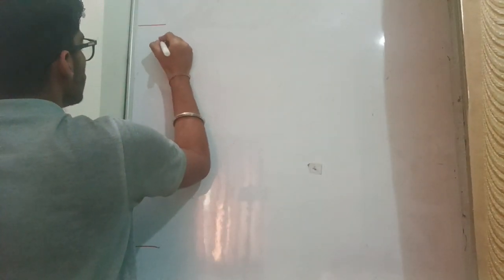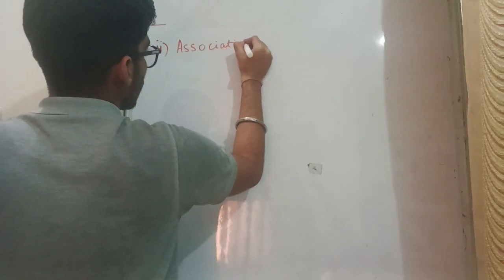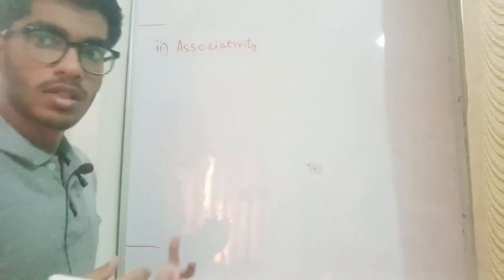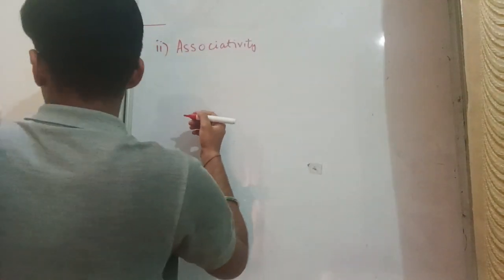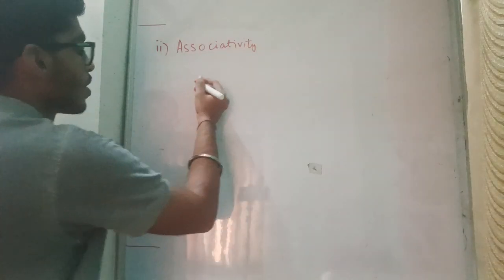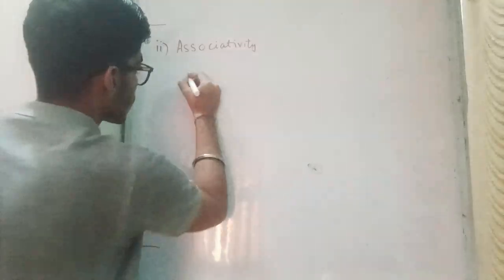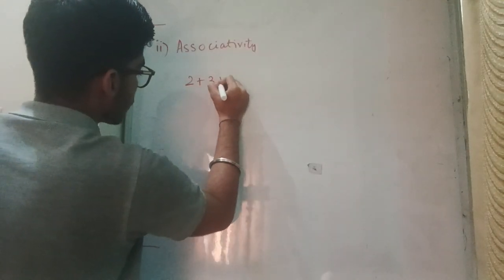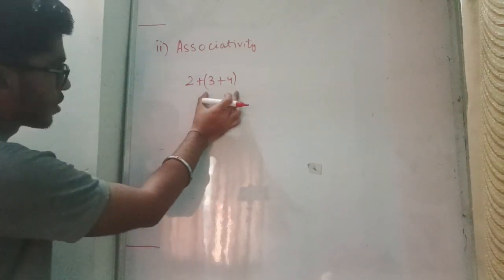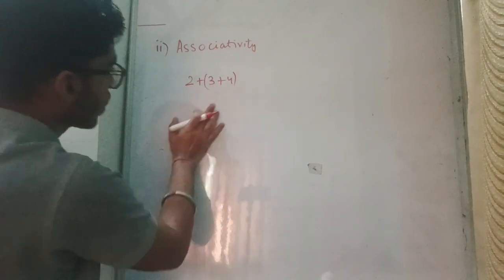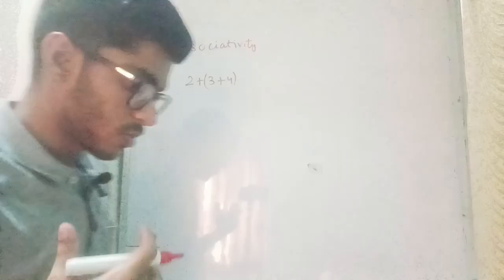Now, you must already be familiar with what associativity is, when you studied the addition of numbers in your previous classes. So let's say we have three numbers, 2 plus 3 plus 4, and we write it this way. The bracket represents the addition of two numbers, and when these two numbers are added, a third number 2 is added to them. So from our rule of BODMAS,